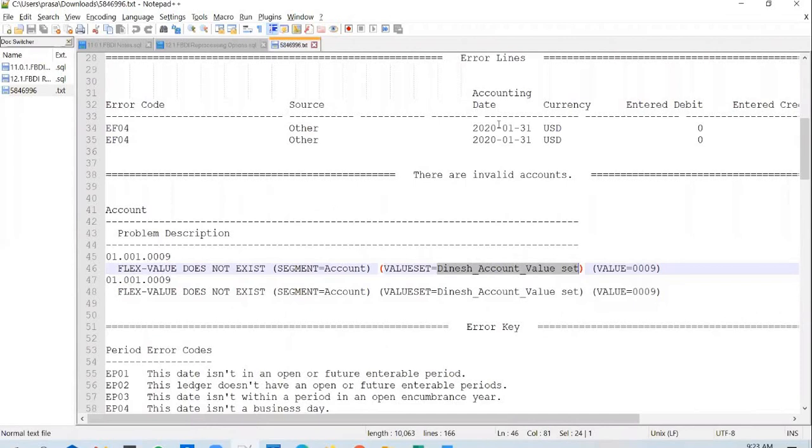So what happens is when you define a ledger, you configure the accounting transaction flex field. And in those flex fields, you will configure the segments, like company, cost center, account segments. And into those segments, you will attach value sets. We have seen that as well, right? So when you create a flex field, you attach to the segment, you attach value sets. So for the account segment, the value set that was attached is Dinesh account value set, and this value set